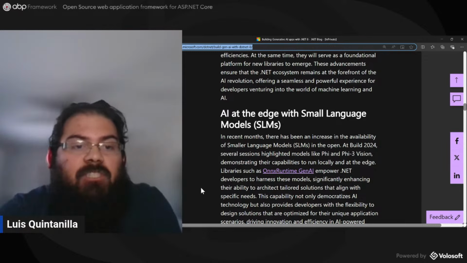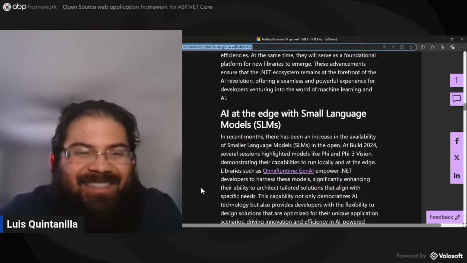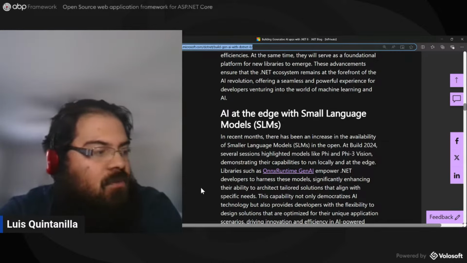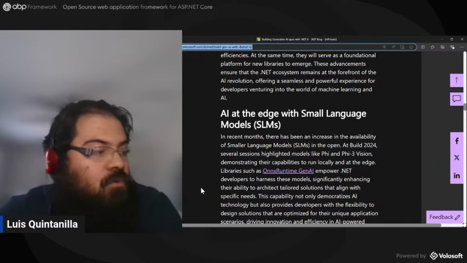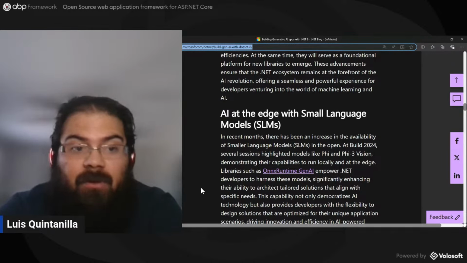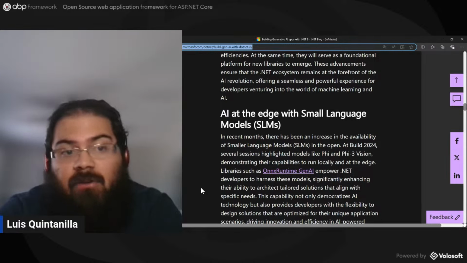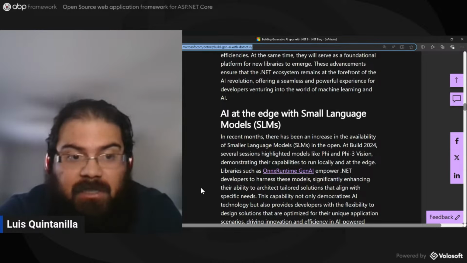Now, we've been talking a lot about services so far, but we have seen that there's a new generation of models coming out that are smaller. Not small; they tend to be called small language models, but they're still quite a few gigabytes. And that's something that we're also working to enable in the .NET ecosystem. We're working with teams throughout Microsoft, like the ONNX Runtime team, who recently introduced the ONNX Runtime GenAI library, which enables you to use models like Phi for working with models at the edge. And so you have a small set of models that you can use for inferencing